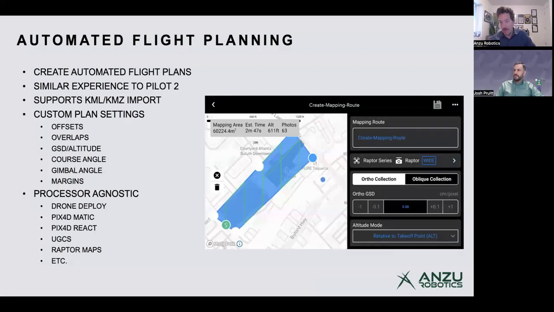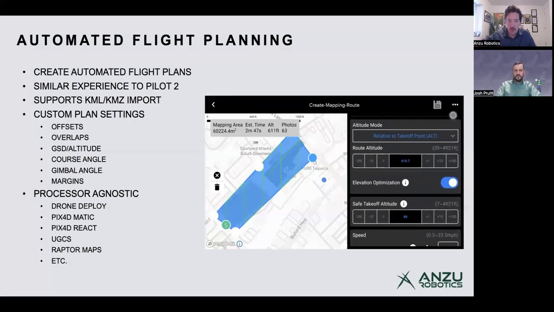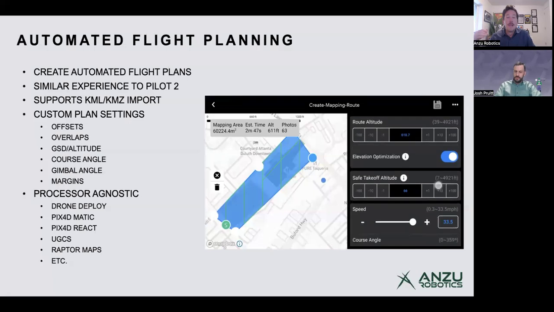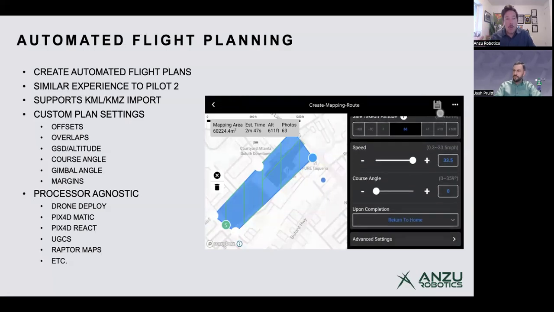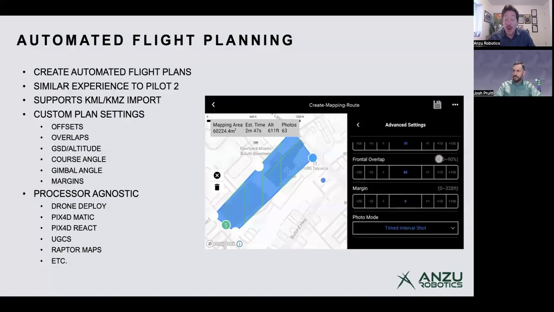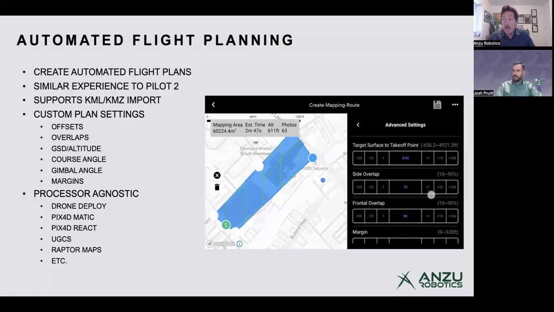So you can see the interface and how you set those missions on the right hand side, playing here. And I'll stop real quick and talk about the mapping stuff. You could do waypoint missions. For the mapping stuff, there's orthos and there's obliques. There have been questions or requests for orbits. I can't say when Aloft will add orbits, and I'm not even expecting Josh to know. I don't know what that time frame looks like, but within the next week or so we are going to